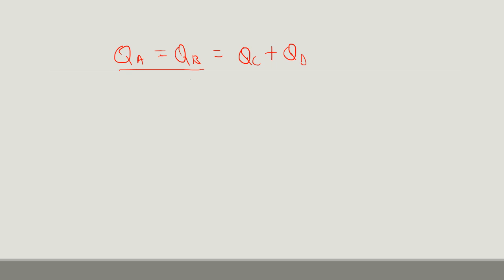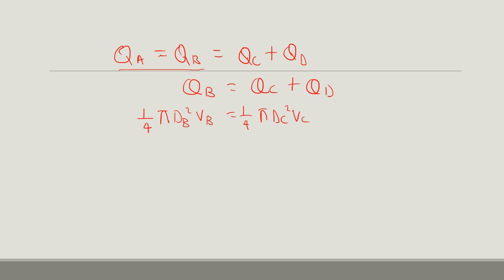So QB is equal to QC plus QD. We know QB to be 1 over 4 pi dB square VB. We know QC to be 1 over 4 pi dC square VC. And we know QD to be 1 over 4 pi